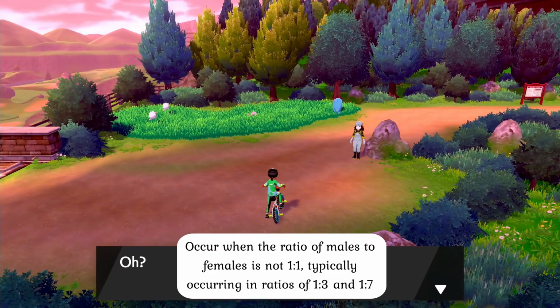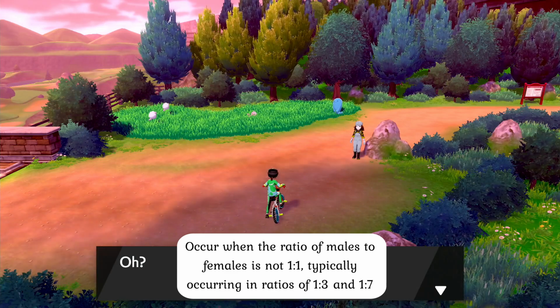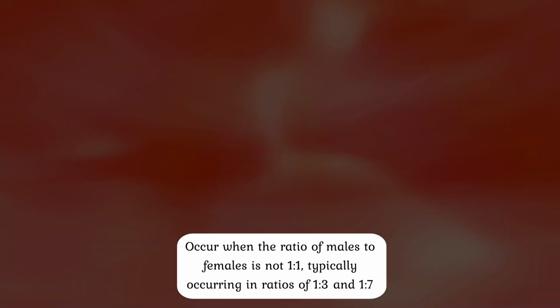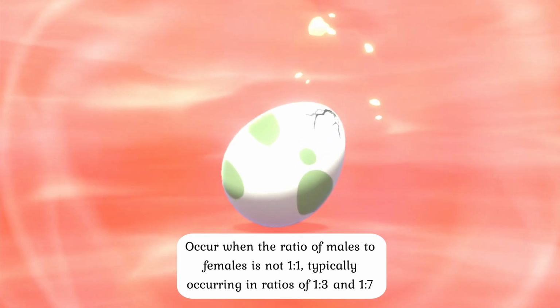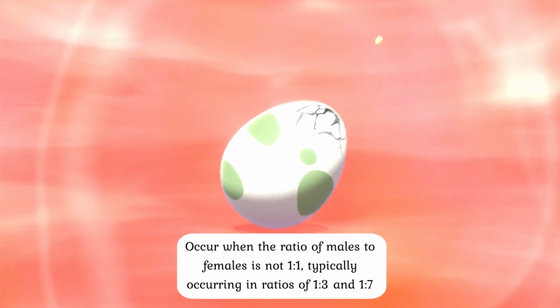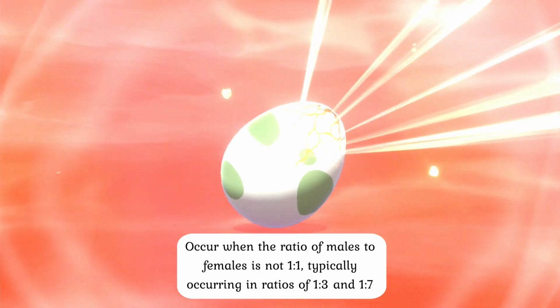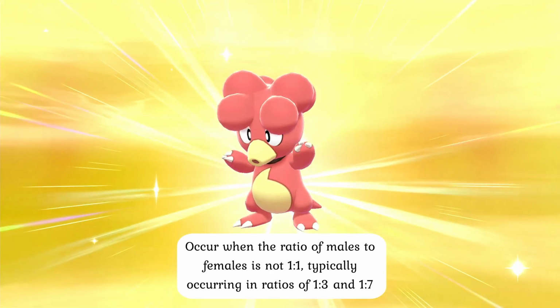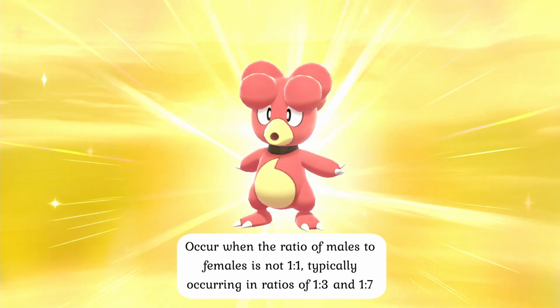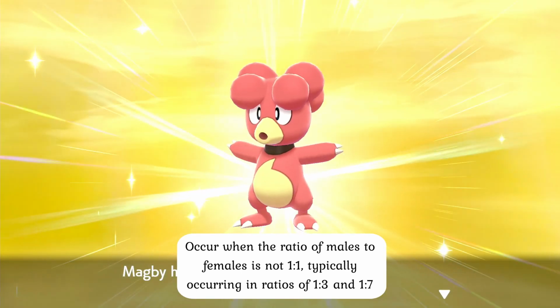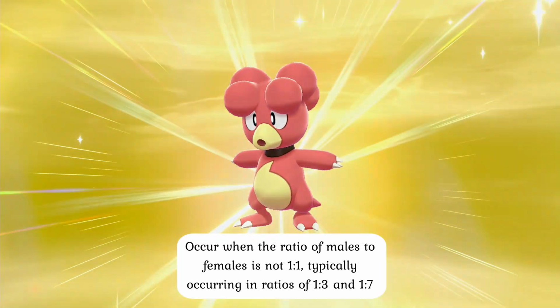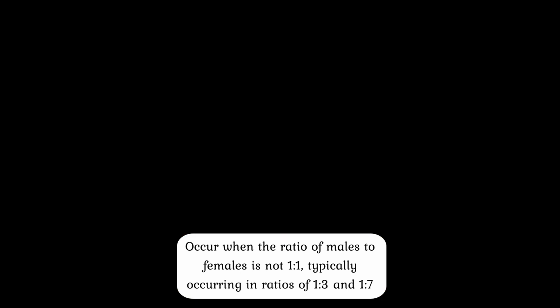First of all, let's take a look at Pokemon that possess what we call a skewed gender ratio, which essentially just means that the ratio between males and females in a species is a ratio that is not 50-50 or 1-to-1 to put it more simply, but nonetheless features Pokemon that can exist as both male and female separately. This might mean that the ratio is skewed a little bit towards one side over the other, or greatly skewed, and this typically occurs with ratios of 1-to-3 or 1-to-7, meaning that some families only have a 25% chance of